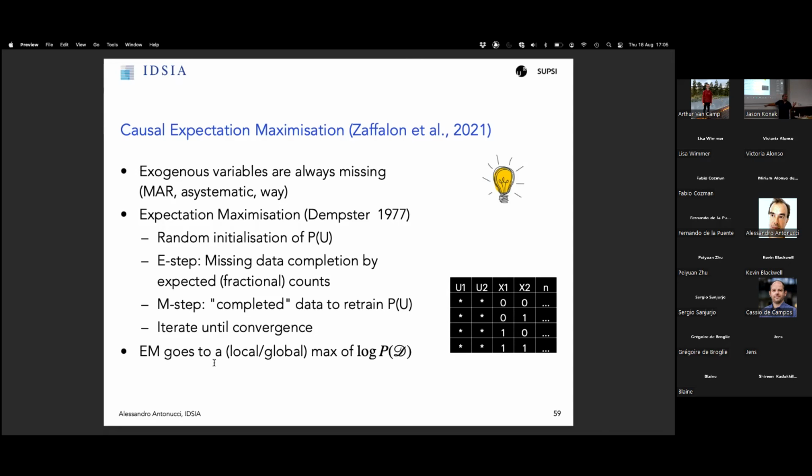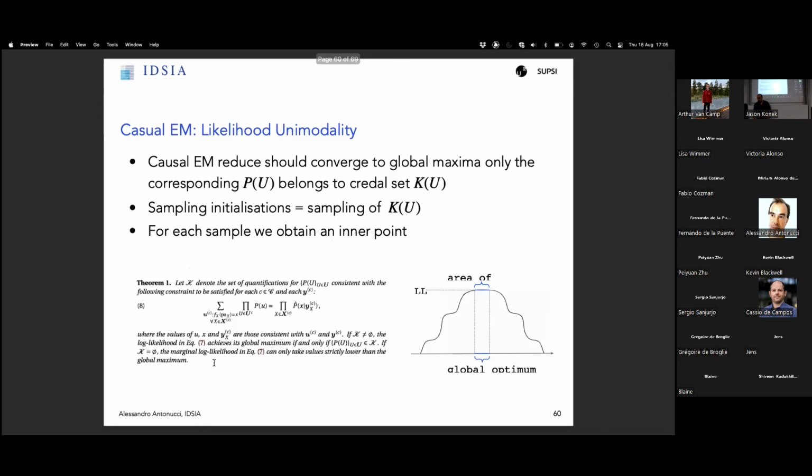But when you do maximum likelihood with complete data, we know that the likelihood is unimodal, so the maximum is the global maximum. So it's exactly what you are looking for. Here, in principle, you can find a local maximum, which would be a suboptimal estimate for this function. The good news is that you can prove that the likelihood of this model, in spite of the missingness, is unimodal. And so you always get a global maximum. The estimator you get for the probability of U after convergence is a global maximum. And you can prove that